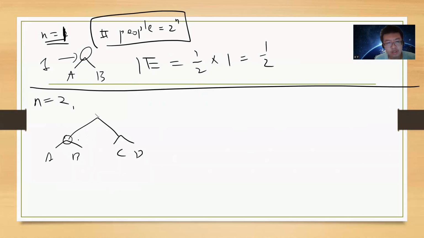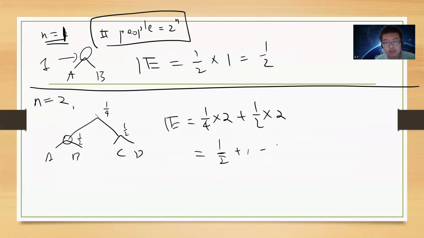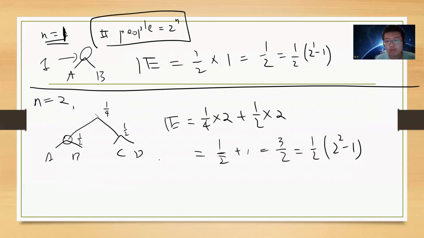So you have probability half to predict this guy, and probability 1/4 to predict this guy. So the expectation value will be 1 divided by 4 times 2 plus half times 1. So it should be 1 divided by 2 plus 1, right? So it's 3 divided by 2. Let me write this as 2 to the 1 minus 1, and then as 1 divided by 2 to the square minus 1. Maybe you can already guess the answer here.